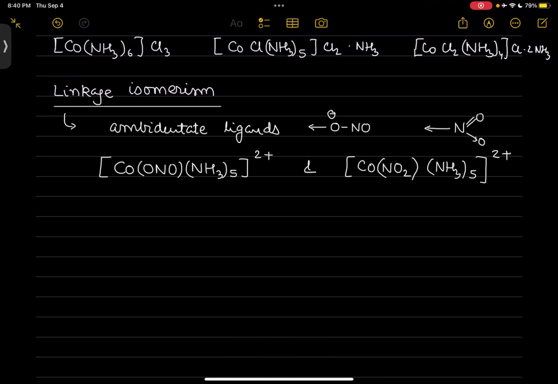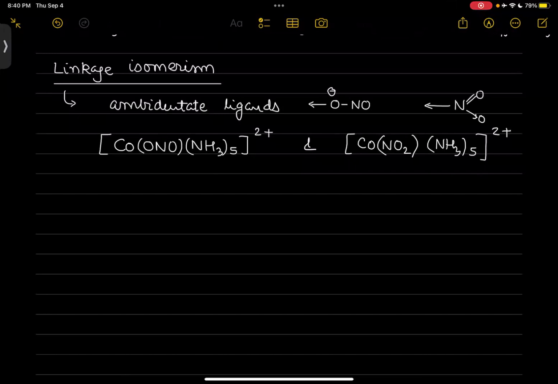And that is the criteria for the linkage isomer. Is it clear? So how we are going to draw? So let me ask you a question. Which of the following